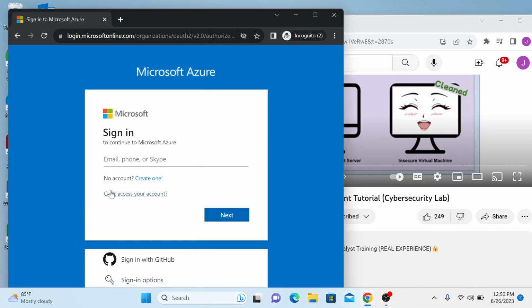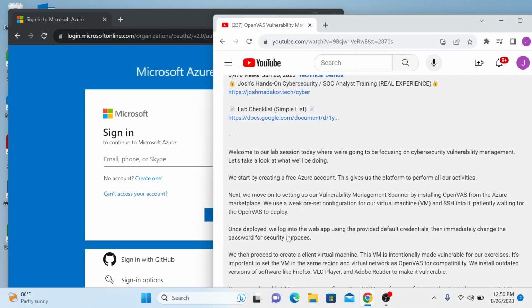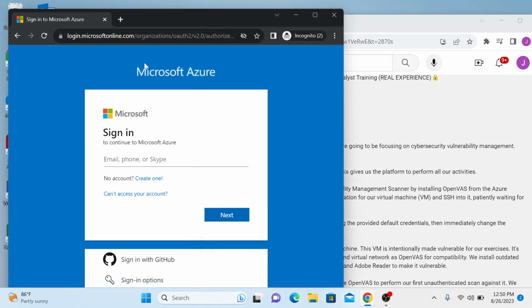So first, I'm doing this whole thing in incognito, just so that nothing is saved on my computer. So first you're gonna want to go to Microsoft Azure. I already have an account, but